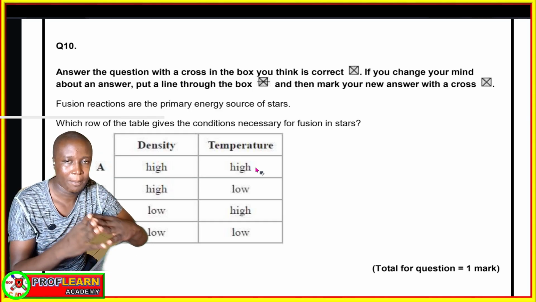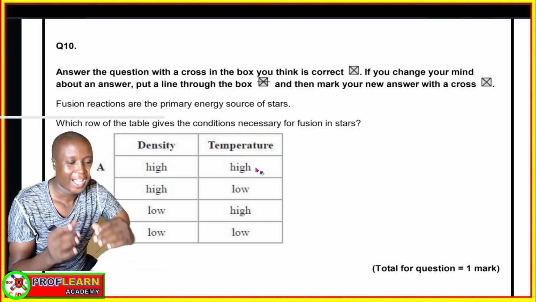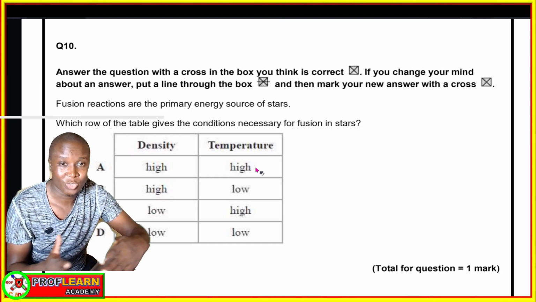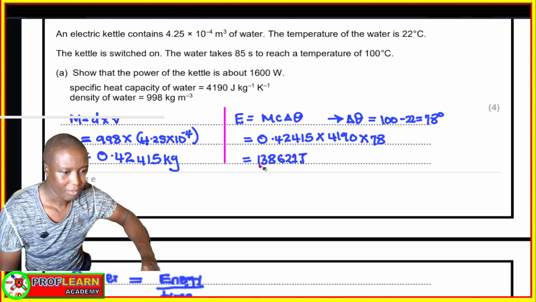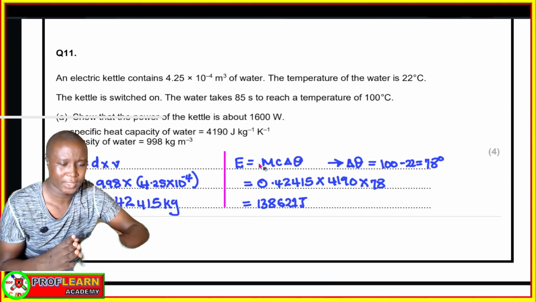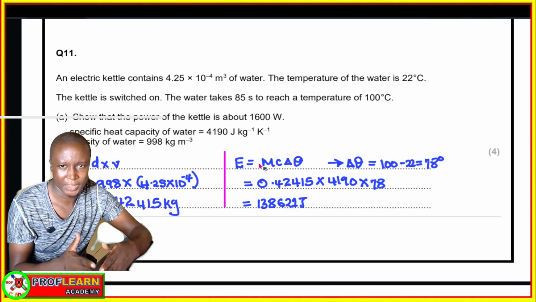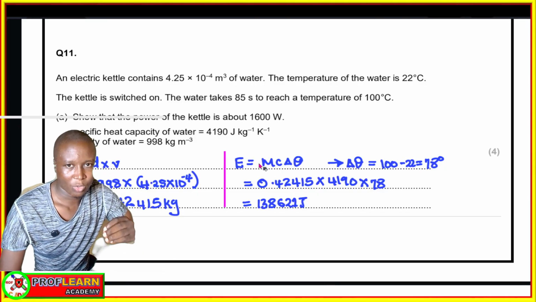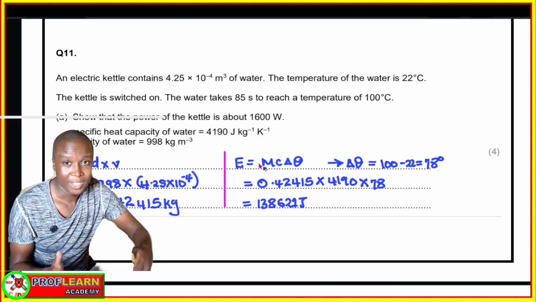So you're going to sit for this paper and you'll have the first 10 questions multiple choice, and then from there you'll have the rest of the paper from question number 11 being structured questions, explanations, and also calculations. So let's see what you really need to understand. Also, you need to understand the use of specific heat capacity, latent heat of vaporization, latent heat of fusion, because those questions might be asked. You need to understand also how to define the specific heat capacity. Specific heat capacity is the amount of thermal energy required to change the temperature of 1 kg of a substance